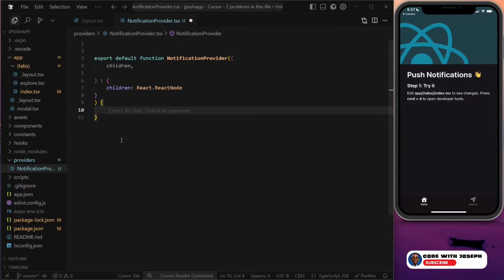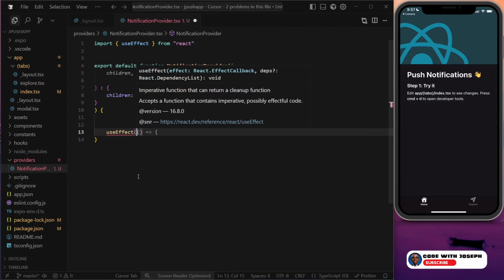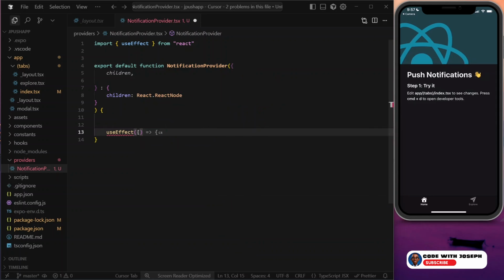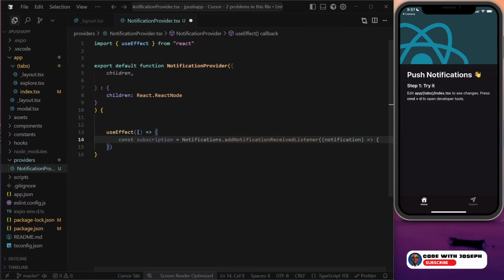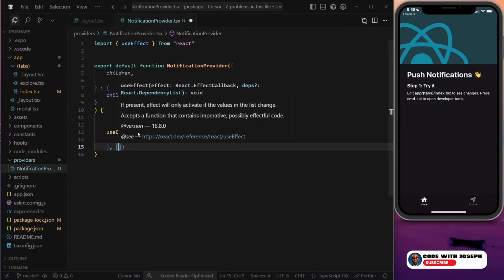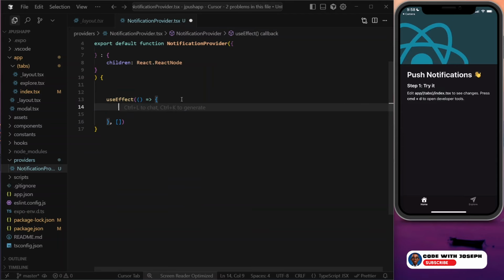So first things first, I want to say useEffect, right? We're going to import that from React, and this is what this would look like by default. I'm going to pass in an arrow function right here. This is what that looks like. All right. So inside of this, I'm just going to say console.log, right? And I'm going to pass in a backtick like this. I'm saying using